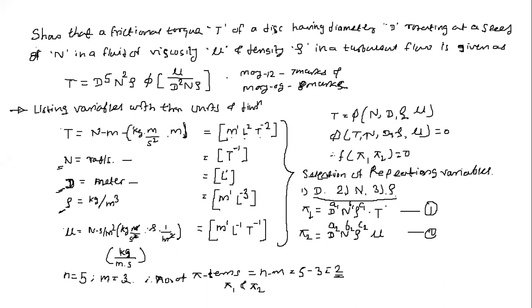Okay, now after getting those pi terms, pi 1 and pi 2, what we need to do now is write down the dimensional form. We have to put in the dimensions for all the variables involved here, and this will be the non-dimensional parameter. So here we have to write the dimensions of 0, 0, meaning m raised to 0, l raised to 0, t raised to 0, for the left hand side. And for the right hand side, whatever parameters are there, we have to write down their dimensions raised to the powers a1, b1, c1, likewise. And for torque, we have to write the power as 1. So we'll go for that in the next part now.